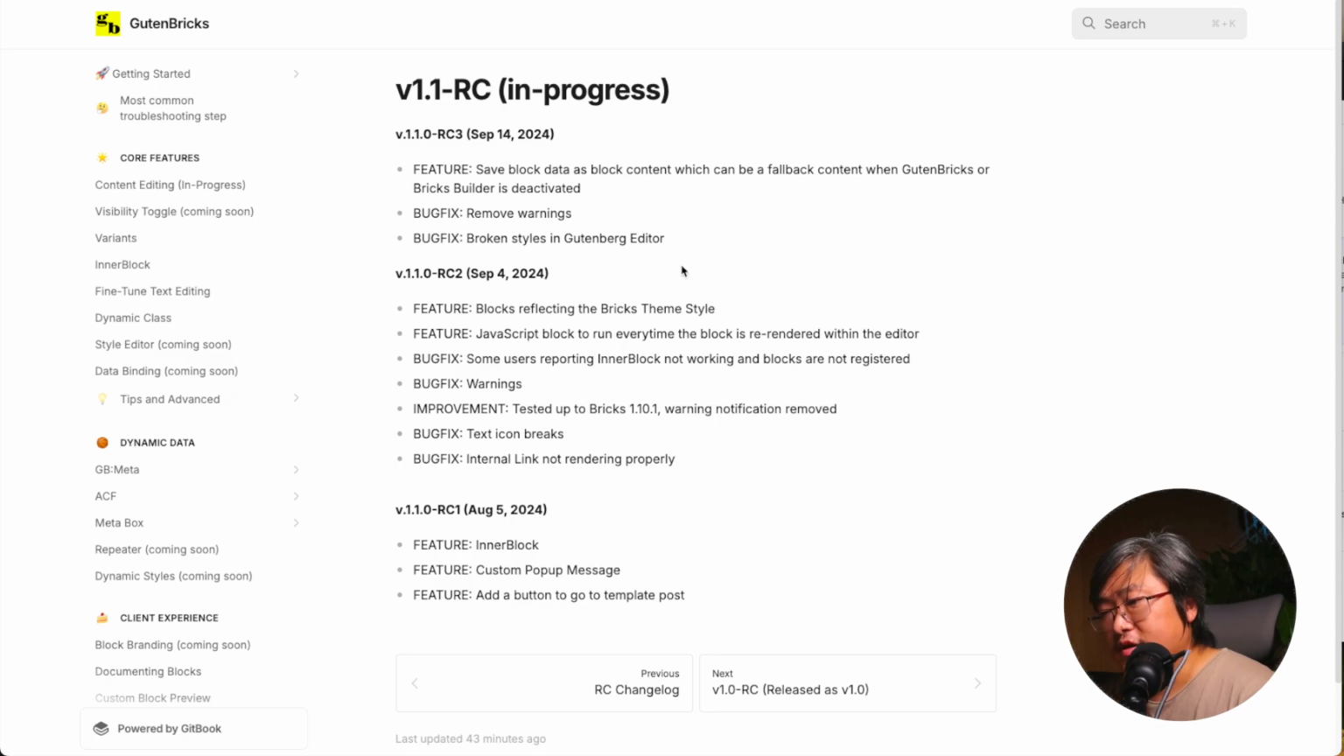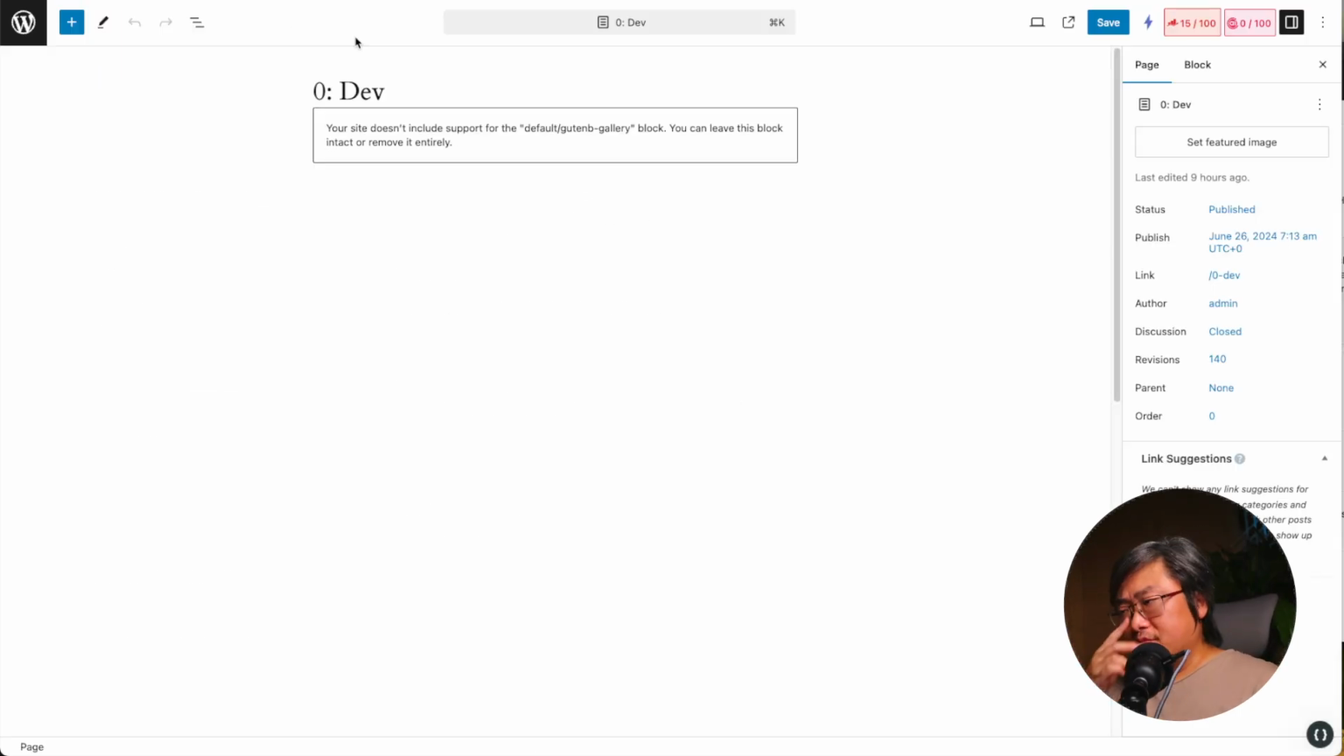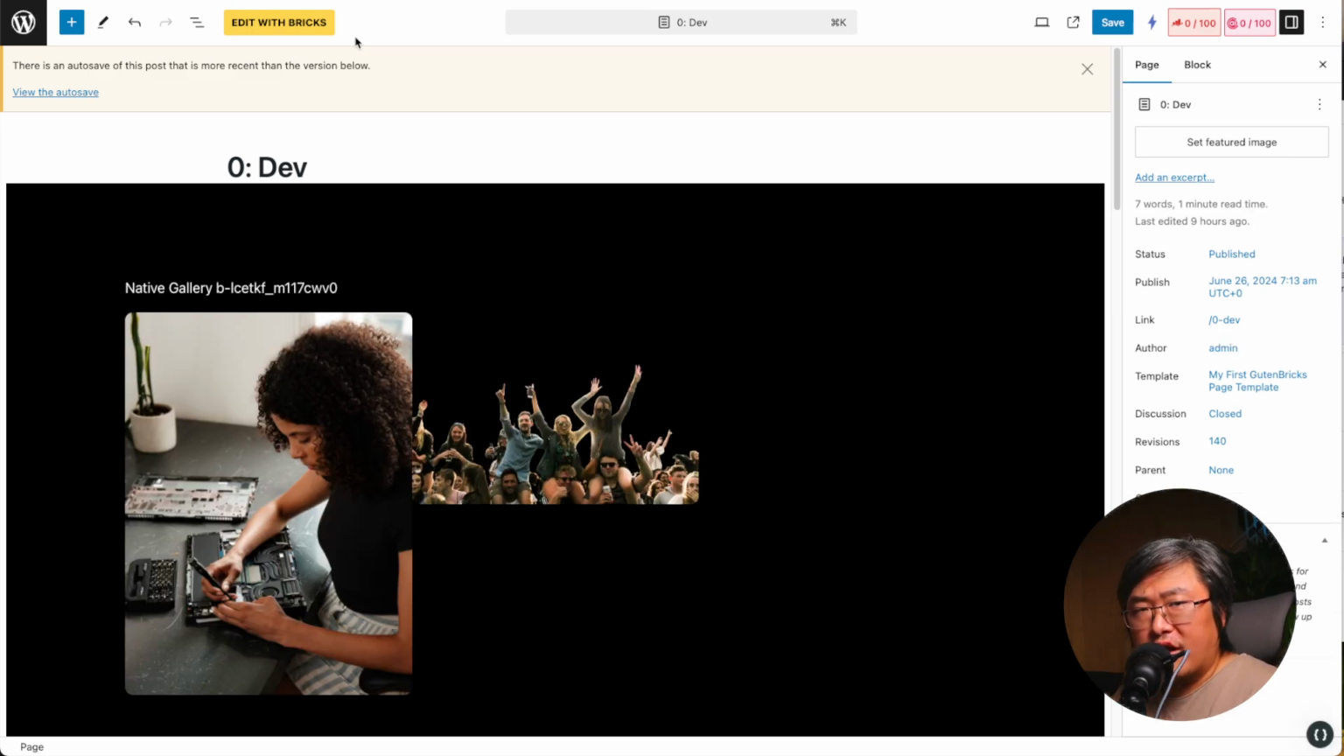Okay, so another big update, excuse me, is the feature that saves block data as block content within the block. Because we're now actually rendering the HTML and contents within the block that's not being displayed, because we're not displaying those blocks, but it is read and saved twice. So we're saving the data in the blocks, yes, that's safely saved, but we're also saving that